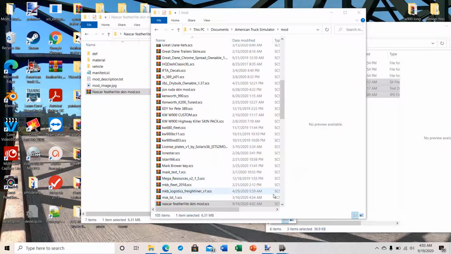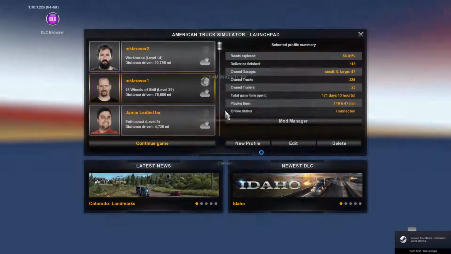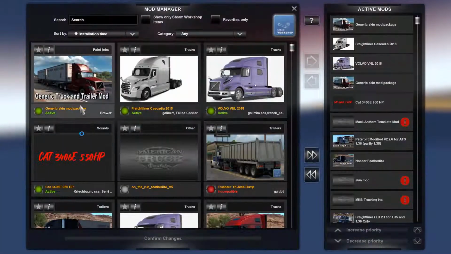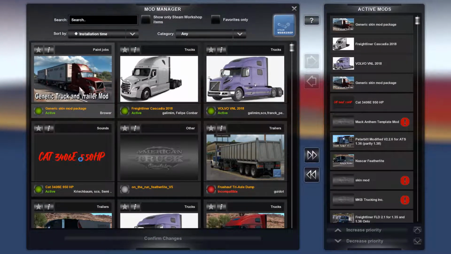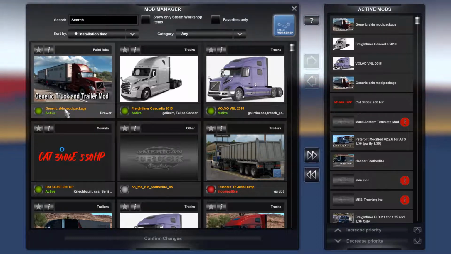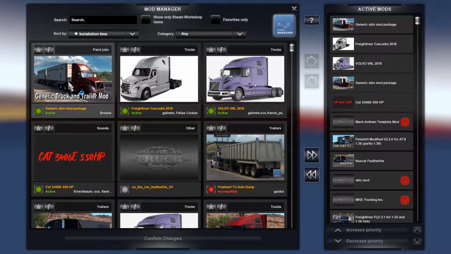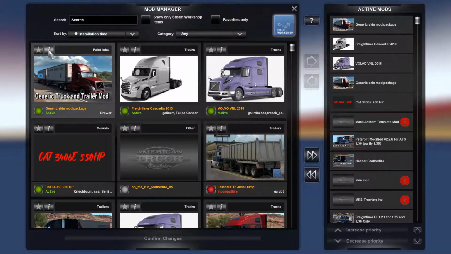And then we'll go back into American Truck Simulator, and all the changes we made only applies to the mod menu, nothing else. So if we go into Mod Manager, okay, so now we have our mod picture shows up in the mod menu, and then we have the name, which is generic skin mod package, and it has me as the author, and here's the category. It shows up under paint jobs,